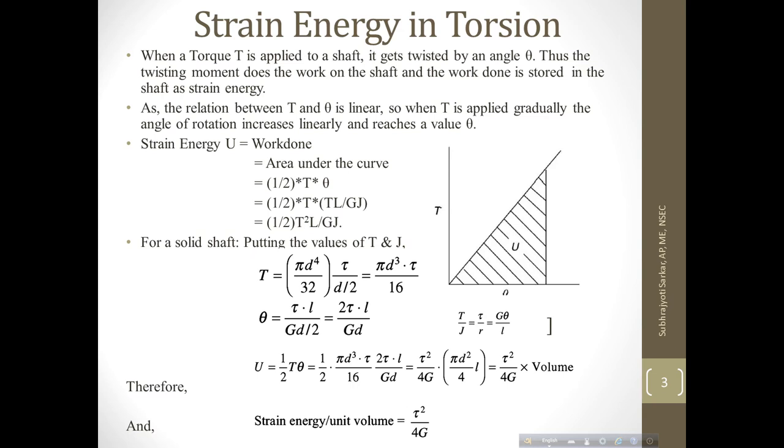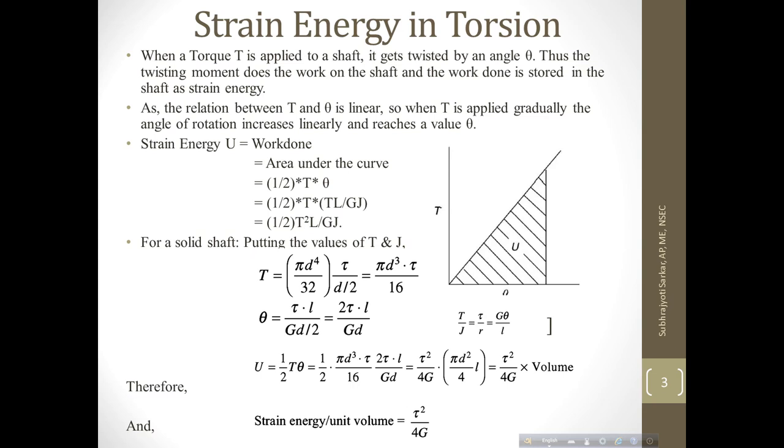If it is a normal tension or compression force, then there is some longitudinal strain acting on it, and if it is a twisting force, then it gets twisted by an angle, say theta. So in both cases, in normal loading or in twist, there is some work done due to the angular or linear displacement, which is stored in the form of strain energy. In case of torsion, due to the twist angle there is work done, and the work is stored in the form of strain energy.